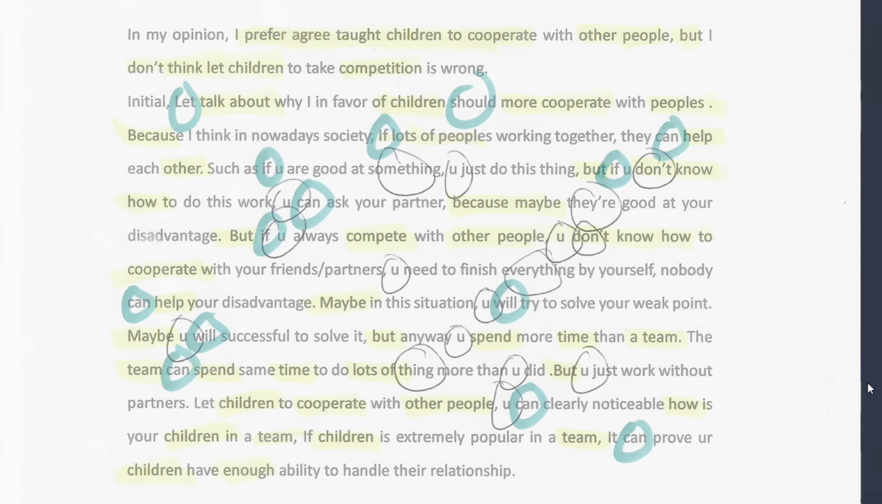So when we look at this one, you can see more closely the yellow words. Now look at the yellow words from the very beginning. I prefer, agree, taught children to cooperate, etc. So you can look for these words and you will see them repeated throughout. So here is cooperate, for example, followed by cooperate down here, and you will see cooperate elsewhere. Here is people at the beginning, and you will see people here, and people all the way through,